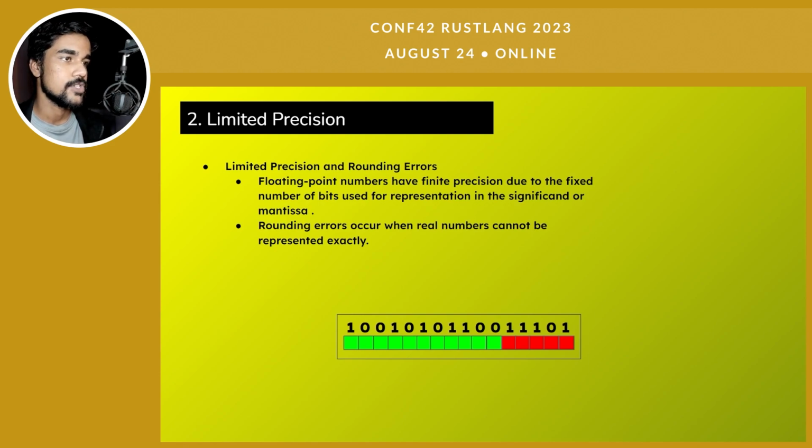In the illustration given below, the green boxes represent the finite number of bits we have in any given precision type, and the red boxes indicate the bits that can't be accommodated. The entire bits given at the top are the actual number, but since we have a limited number of bits, we have to round it, since the red boxes are not in our precision range, so we can't represent them.